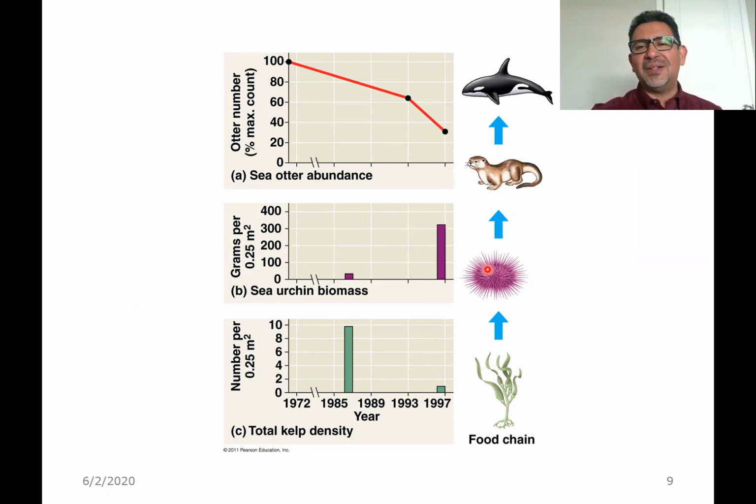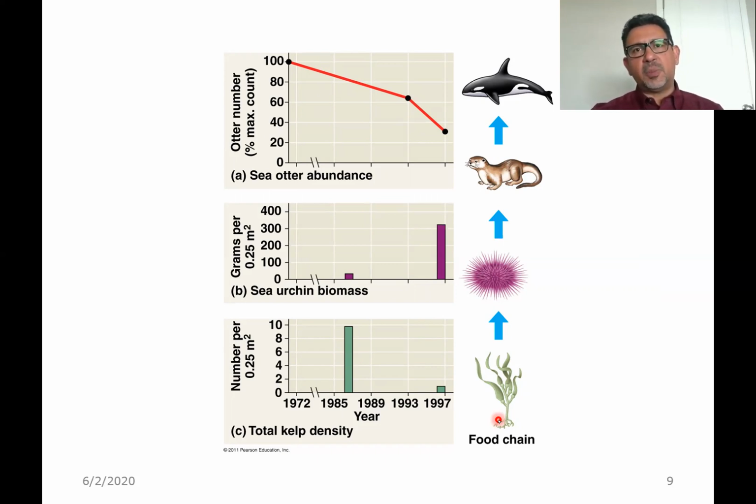Sea otters like to feed on sea urchins, and sea urchins like to feed on the holdfast. If you remember when we studied kelp, it's a type of brown alga. They attach to rocks or the bottom of the ocean using something that looks like a root, but it is not a root. It's called the holdfast. And the problem is if sea urchins eat the holdfast of kelp, now the plant, I'm sorry, not a plant, it's an alga, the alga is not anchored anymore, and it floats, and when it floats to the surface of the water, it washes ashore, where sometimes you can see kelp that has washed up as a stinky mess,